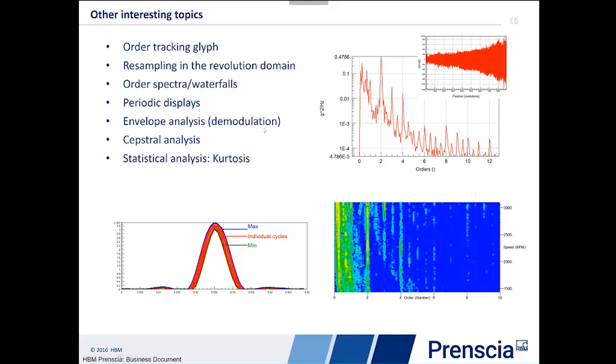Especially for fault detection in bearings, we've got the envelope analysis. So that's taking the envelope of your vibration signal, and the idea is to do the FFT of the envelope signal. That's called demodulation analysis. Similarly, we've got a cepstral analysis, so creating cepstra, a spectrum of a spectrum, and that's useful when you've got a lot of harmonics, and typically due to